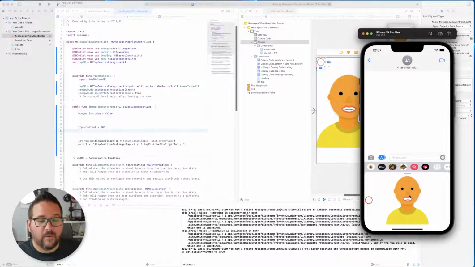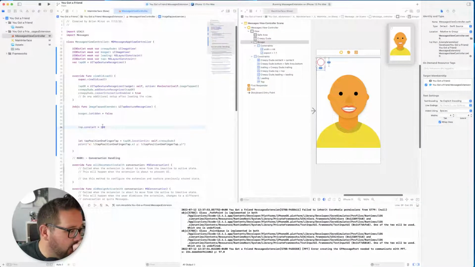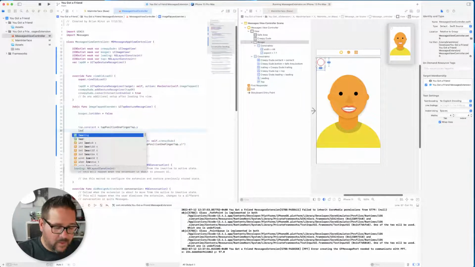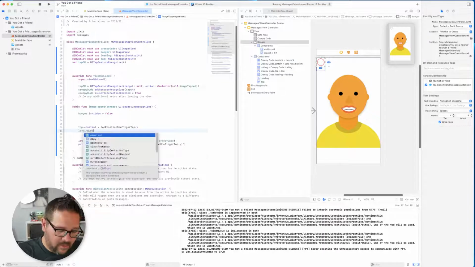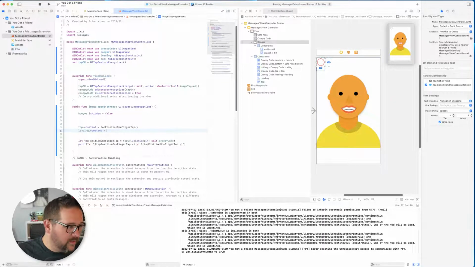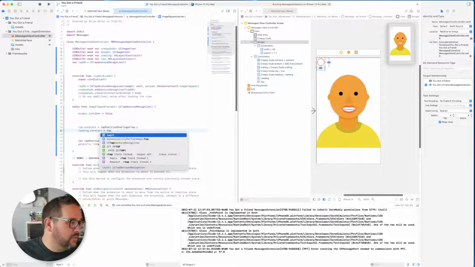Oh, no, that worked really well. Okay, awesome. This is even easier than I thought. So the top is going to be the Y, so I can just change this. And I may have to modify it some because, a tap. And then I can do leading dot constant equals tap